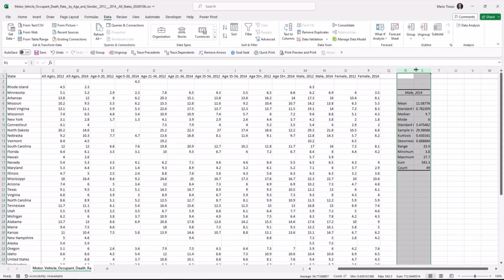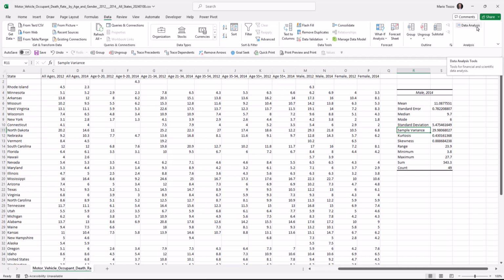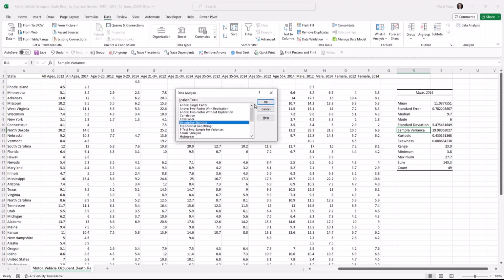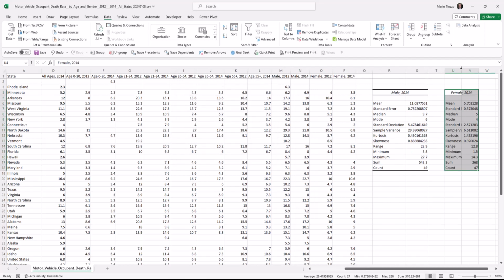Again, we'll right size the columns. We can see the data in question. Let's do this again for female 2014. So we'll press the Data Analysis button, Descriptive Statistics, that's perfect. We don't want it to be N in this case, we want it to be column P. Everything else should be the same except for the outputs. So let's put it right here, right next to male, so we can compare it. Labels in first row and summary statistics are already clicked, that's perfect. And we'll press OK. And now we have our male 2014 and our female 2014 statistics right next to each other.